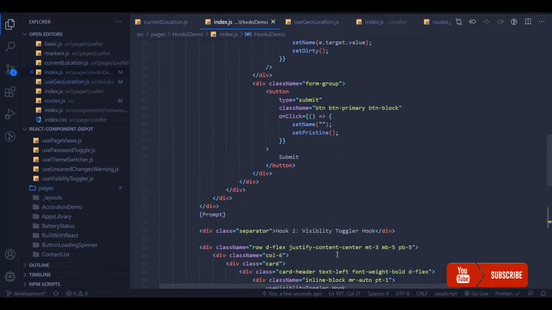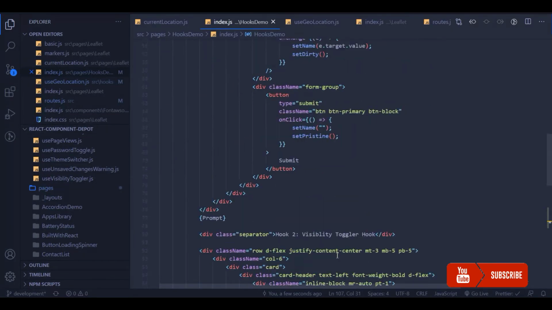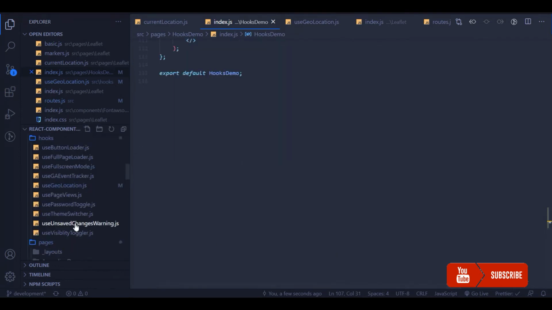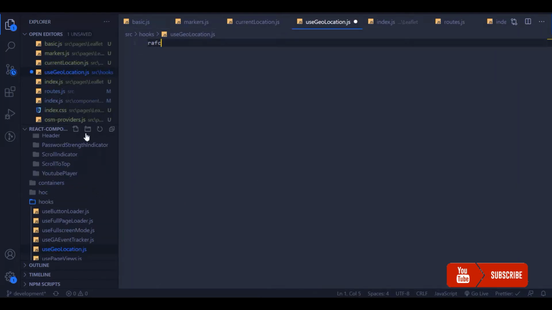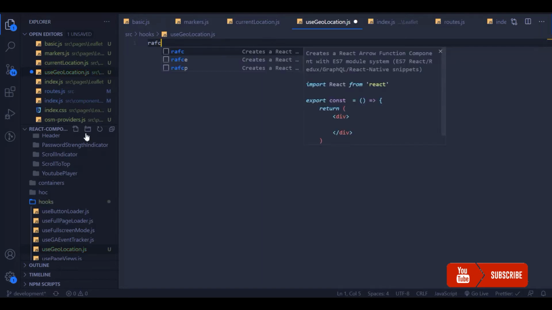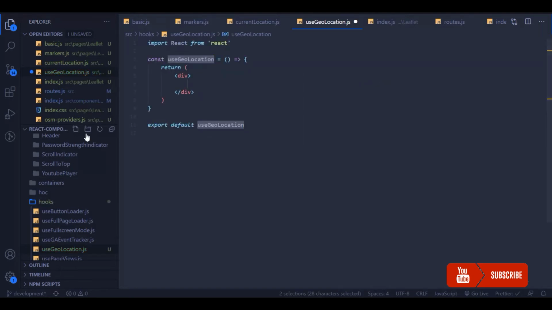So let's go ahead and create a custom hook for this so we can use it in multiple places in our application. A hook is nothing but a normal function which returns a few attributes. You can also hold internal state.